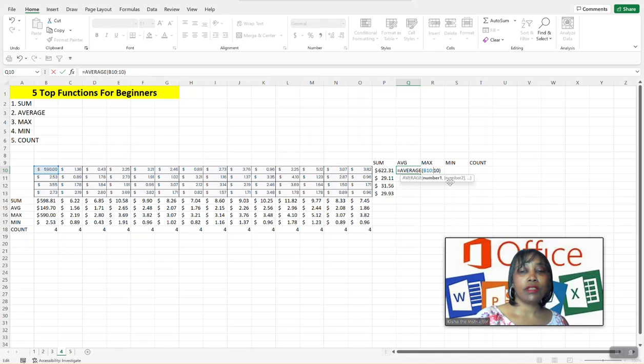So we're going to put the letter O, and then we press enter. And you notice it doesn't matter if you have upper or lowercase, it's still going to get the job done. I did lowercase, and look in the formula bar, it made it into uppercase. Then we're going to drag down, and now we have the average for the rows 11, 12, and then finally